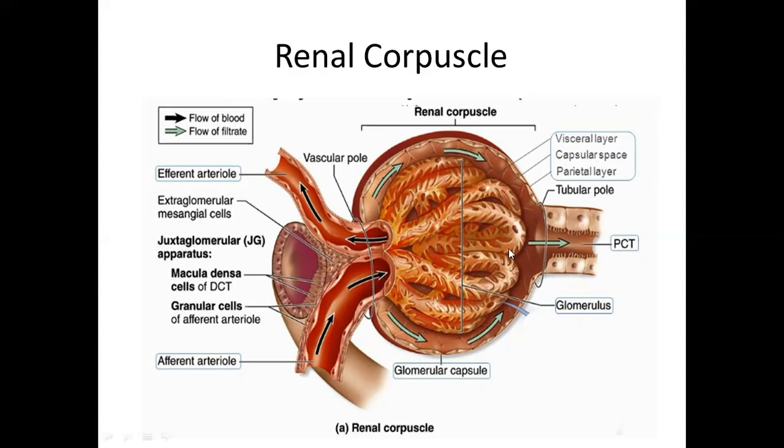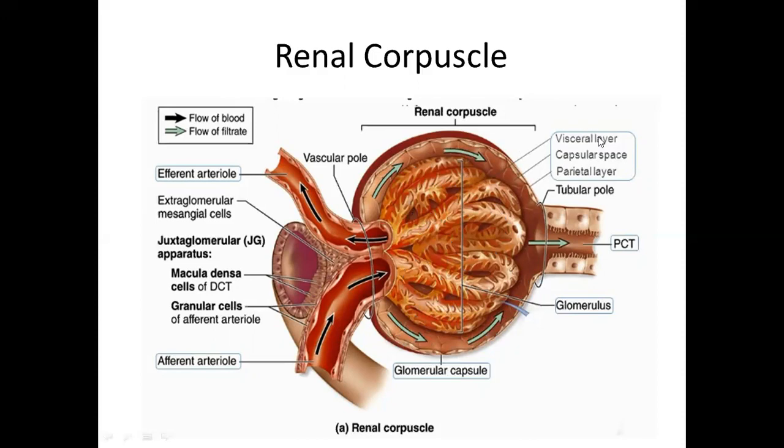Podocytes are actually the inner cell lining of the Bowman capsule, which are covering the tough networks of the capillaries. So basically, in the renal corpuscle, we have to identify the tuft of capillaries. We'll label it as glomerulus. Then the outer layer of the Bowman capsule as parietal layer, which is evident by simple squamous lining cells.